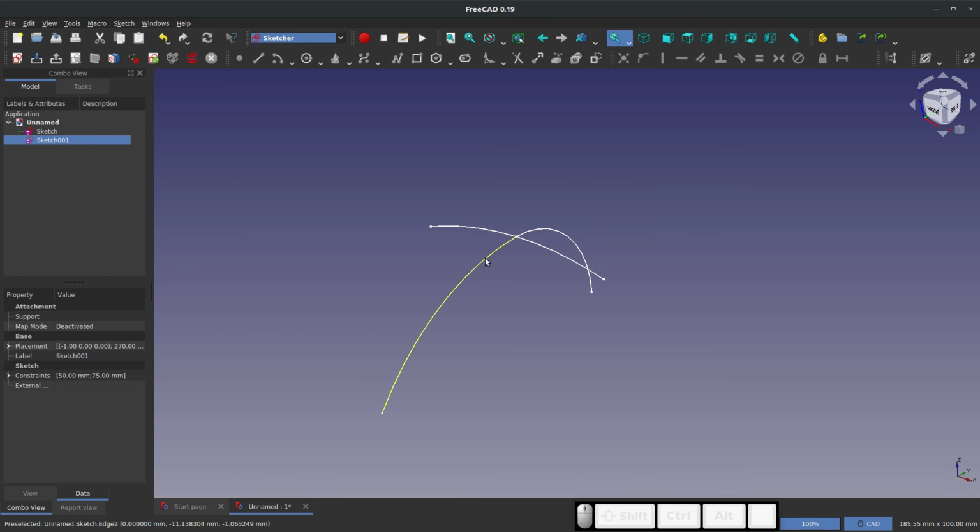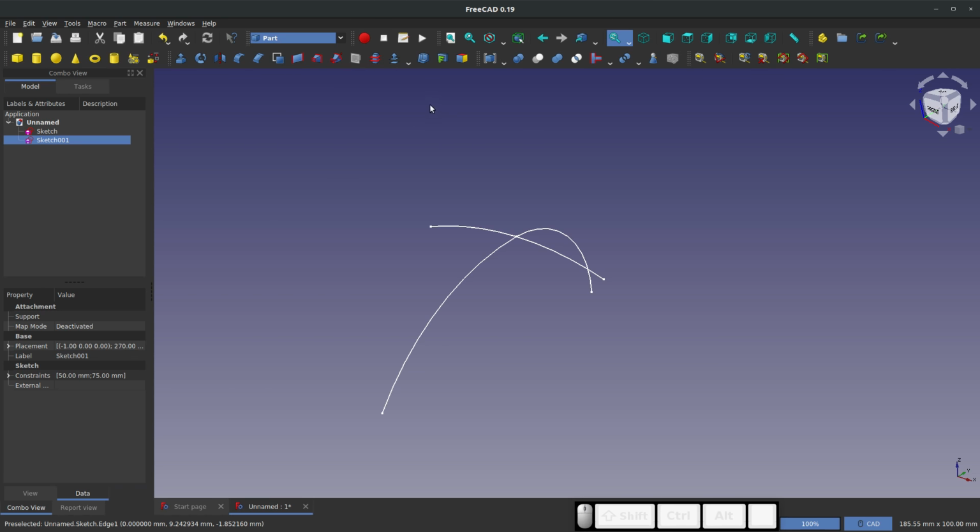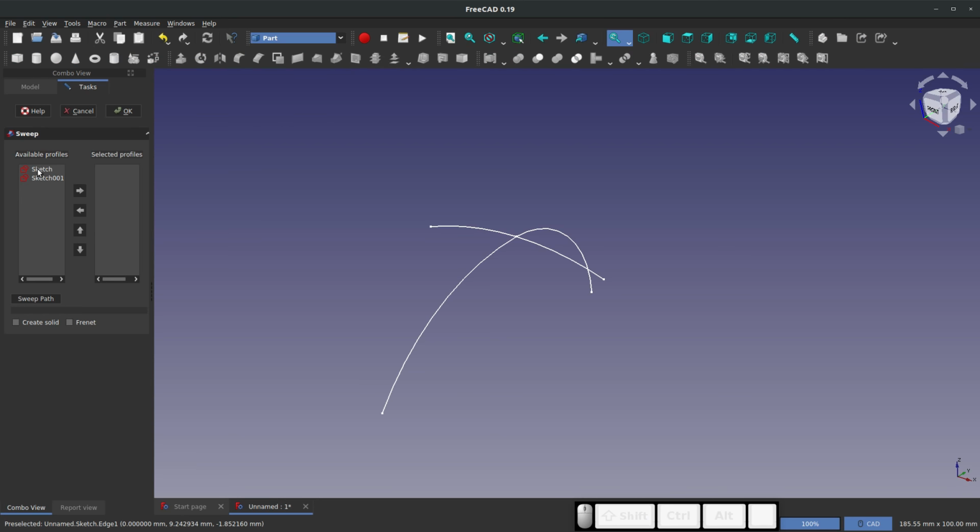Now, if we try to work with these sketches, neither of which are closed, are we going to get a broken face like we do in Part Design? Let's head over to Part. We'll choose a sweep right there. We'll choose our profile as Sketch001. We'll choose our sweep path, and I hold Control and select both of my sketch elements, and we'll say done